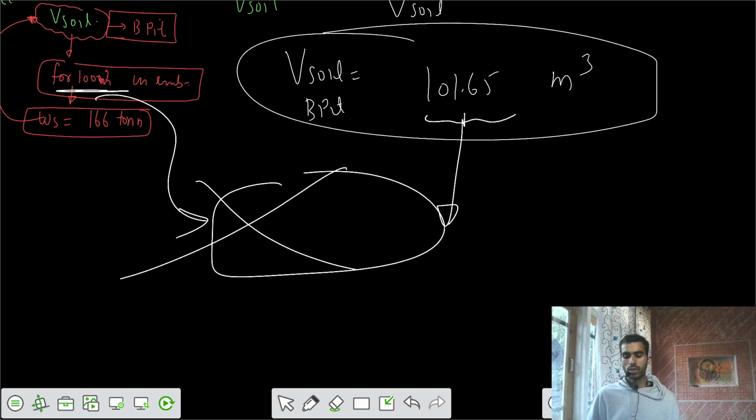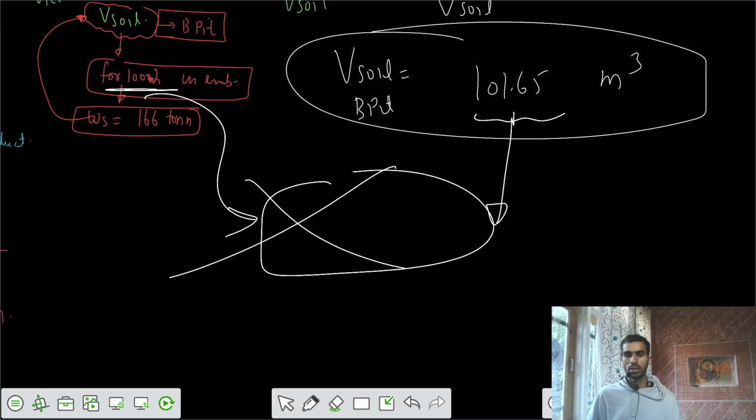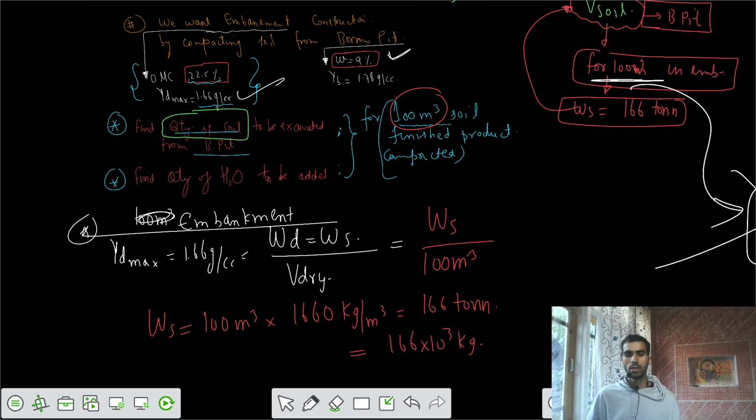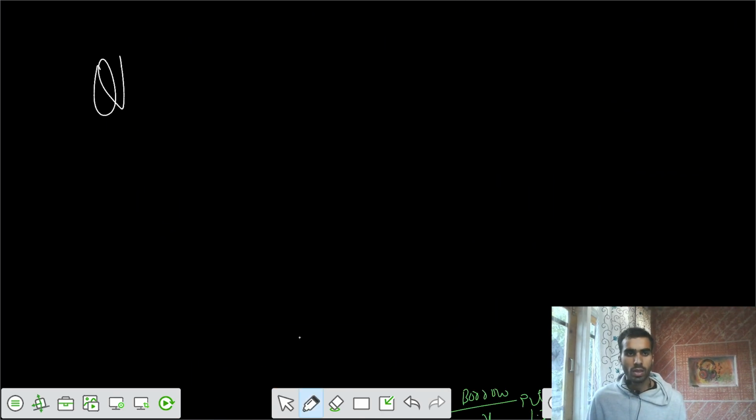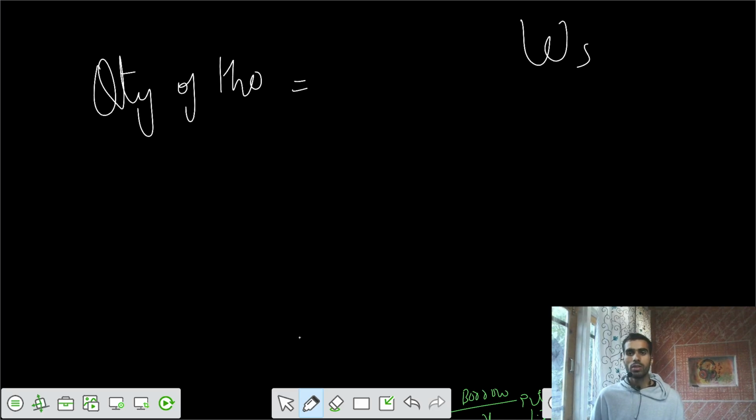And one more quantity we need to solve for: the quantity of water to be added. Quantity of water to be added is equal to, because the weight of the solid is fixed,